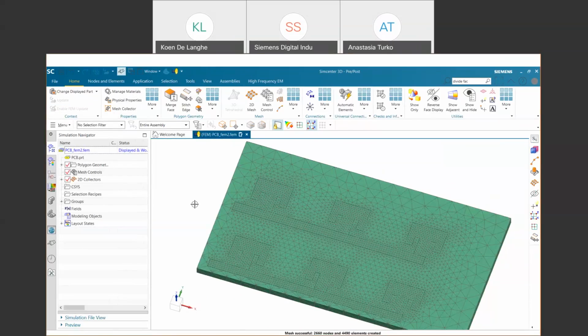Как мы видели, Koen продемонстрировал очень простую настройку сеточного разбиения. Сначала мы выбираем некоторый элемент, затем настраиваем размер сетки, такой, какой нам необходим. Задаем свойства. В первом случае это был идеальный проводник. И как результат видим разбиение сетки. То же самое он проделал с диэлектрической подложкой, только здесь уже в качестве граничных условий был выбран не идеальный проводник,